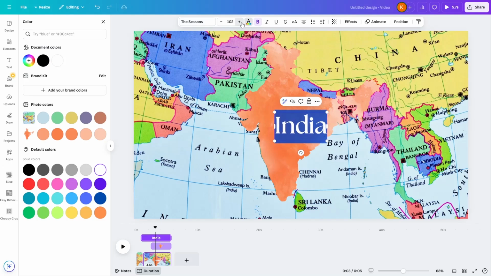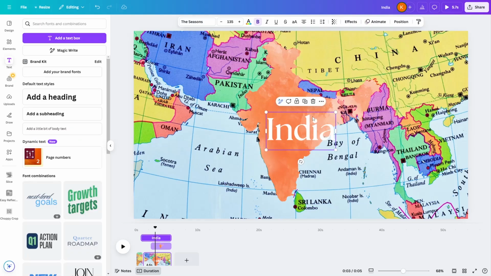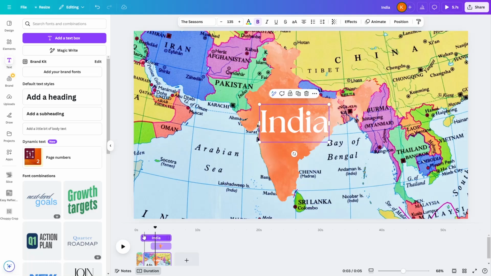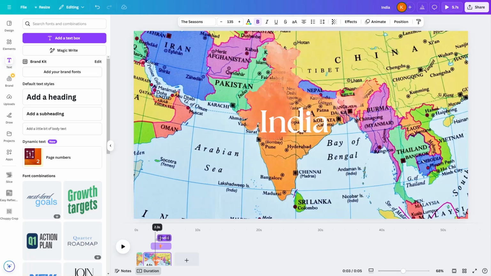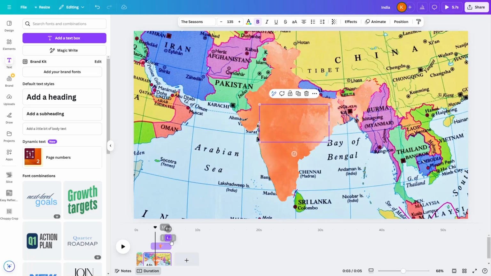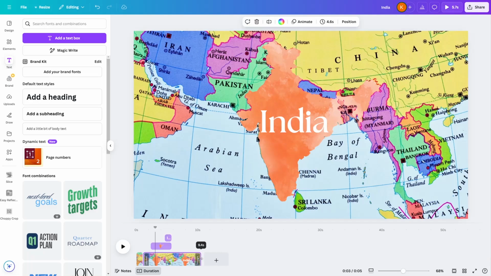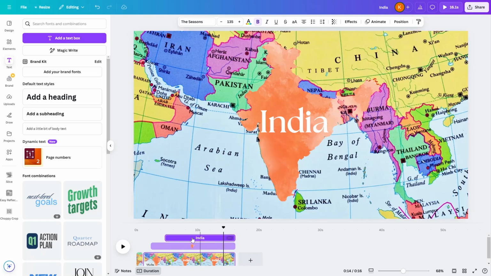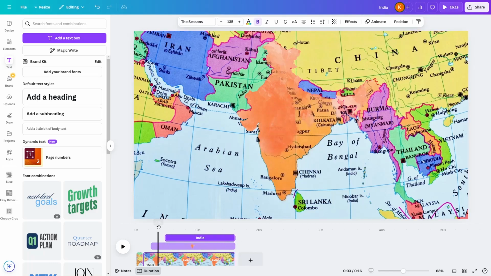Resize it. Alright, this will do. And then place the text here. And then make it start from here. And then we can extend the video until it's like 15 seconds long. And then drag the time indicator to this. And then we can actually